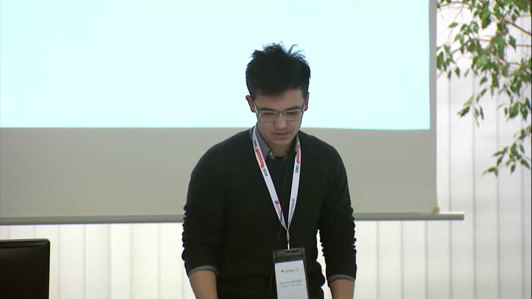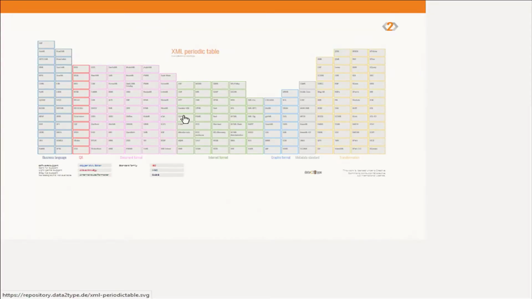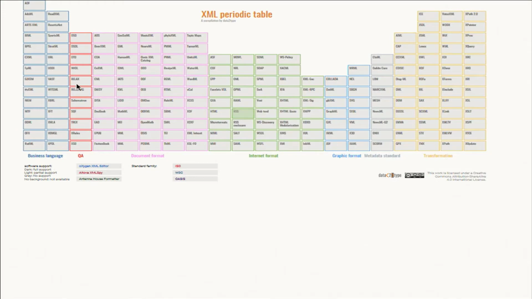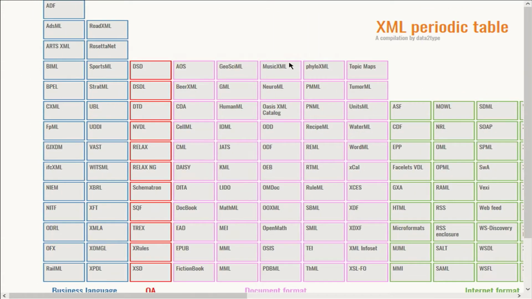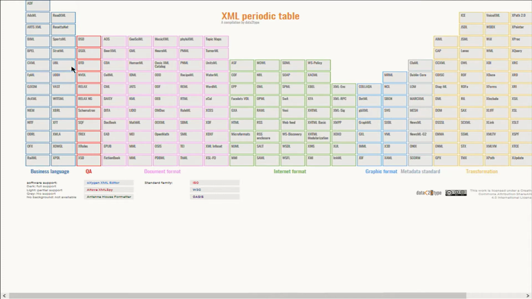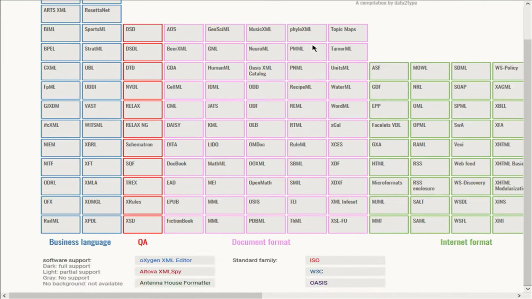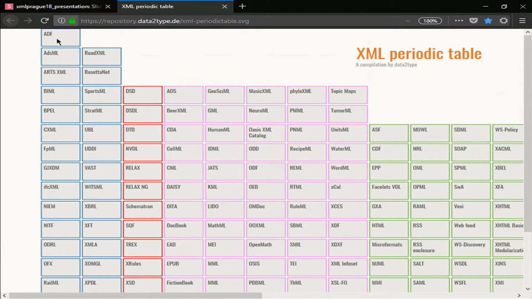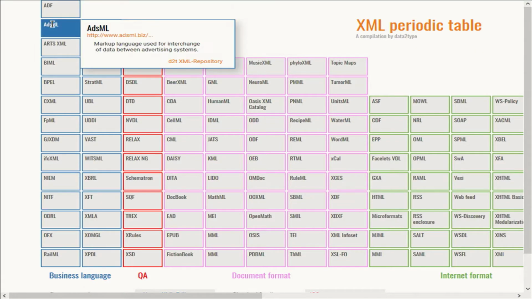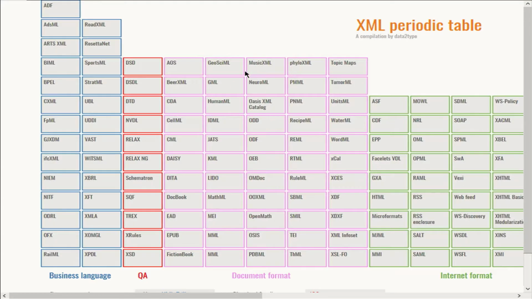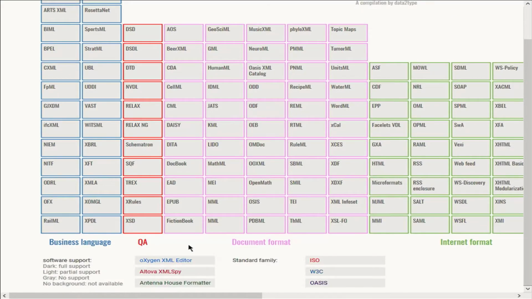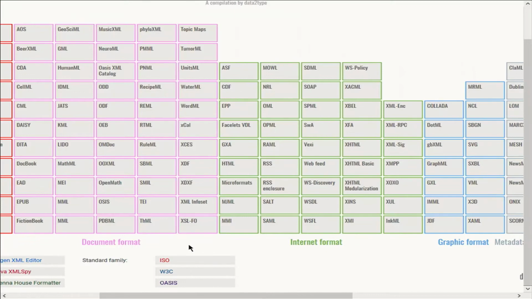So we have developed a periodic table, an SVG image, which you can view. I'm just showing it live. It's a periodic table for a few standards that we have collected or chosen. The purpose is to display them by name, and then you can hover over them. You have a short description. You have a link to the page of the standard or somewhere else. And they're categorized by business languages, QA, document format, internet format,